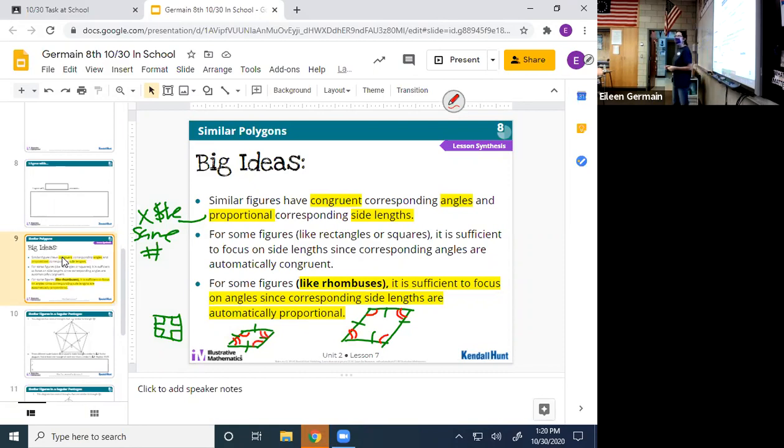Right? So we're going to take a look at that angle portion piece. That was really in the first one that we were looking at. That we said that the square and that rhombus were not similar because those angle measures weren't the same. The angle measures need to be the same and the sides need to be proportional, multiplied by the same number.